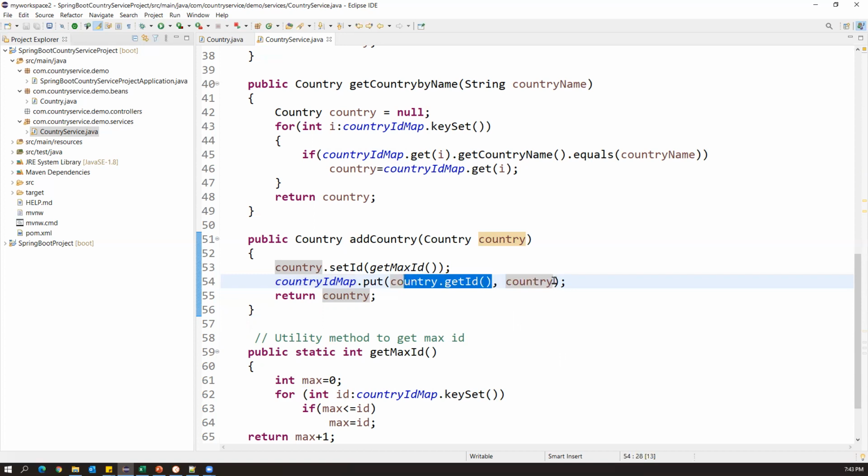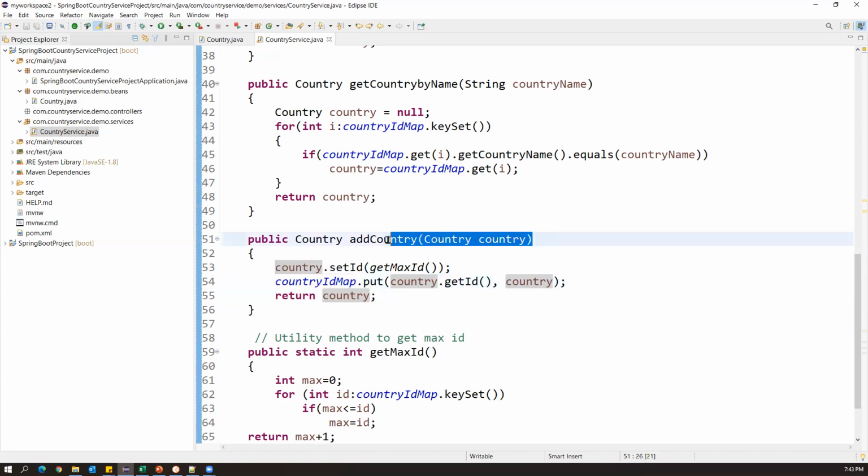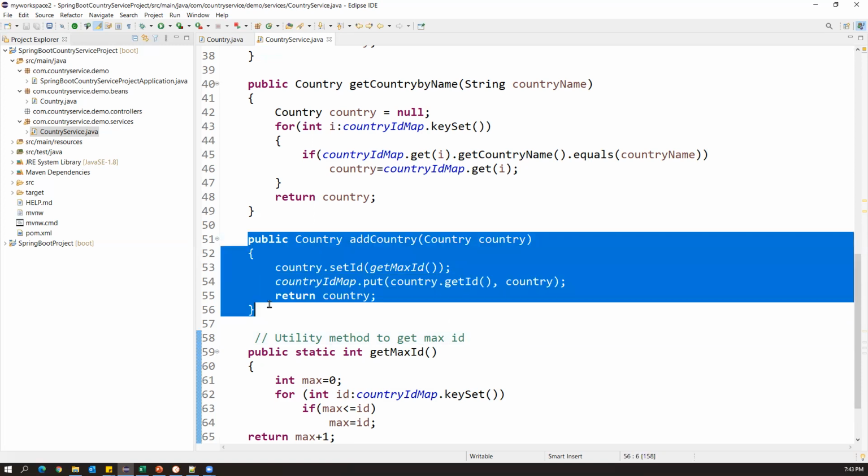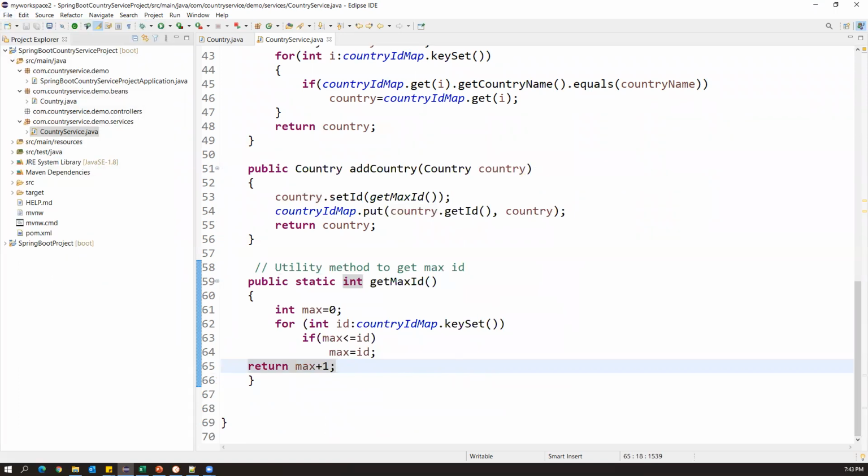So both the key and value we are adding into the hash map, and then finally return the country object. So this method will take the country object and return the country. Internally, this method will use the get max id method, which is a small utility you have to create.